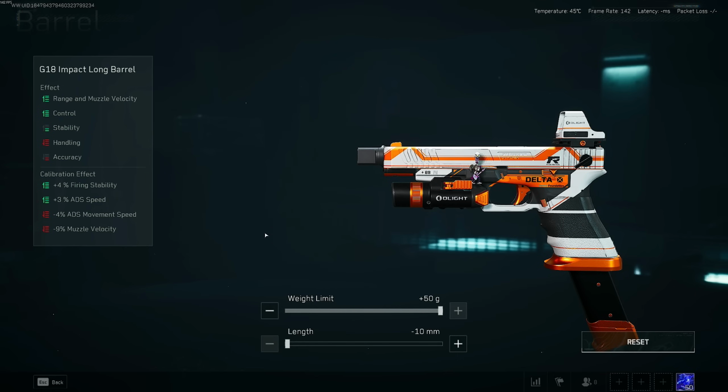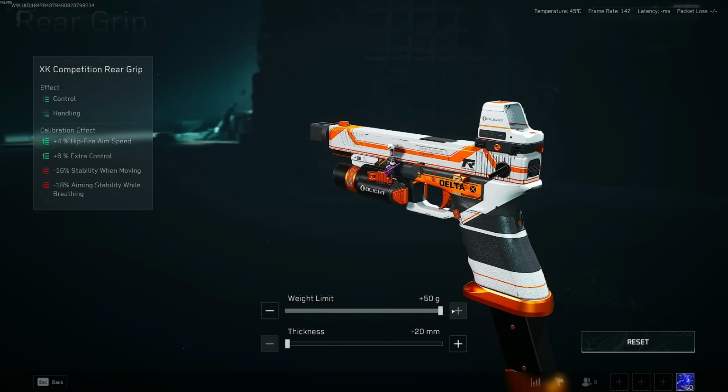The way that you're going to be using this weapon is that if anybody sneaks up on you, this is what you bring out. You don't want to use the M700. So this is meant to be at extremely close ranges, and the firing stability helps you with the recoil pattern even at those ranges. Then, on the rear grip, we're going for the weight limit all the way up to the maximum